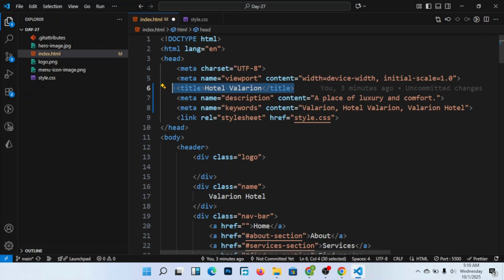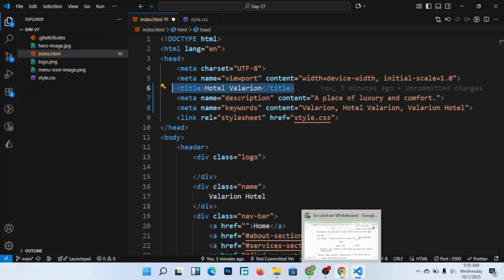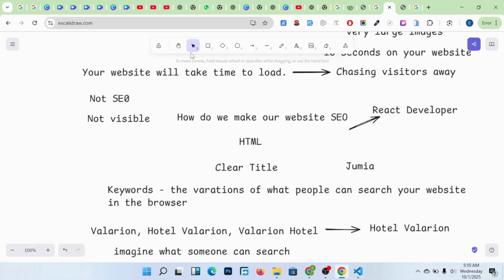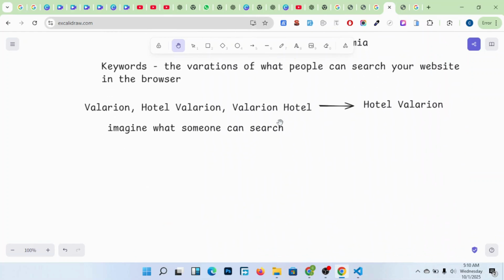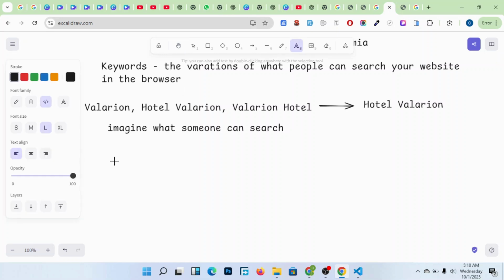So we have other things, for example, the open graph, but those ones we shall look at when we get to the metadata. If you have heard before of something called open graph, right now I don't think we can use it here, but we shall use it in the advanced stages of React.